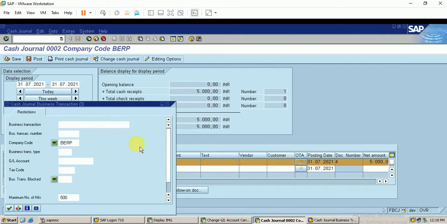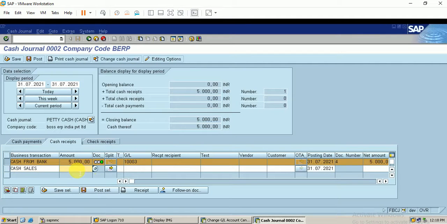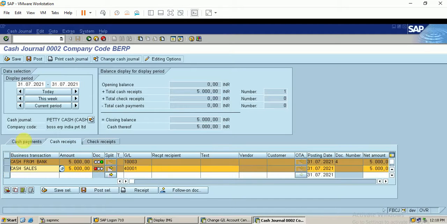I'll just show you the other also, the cash sales. There was some problem, which you can rectify. Just select this and click on post. It went into a runtime error, so I just clipped out that part.